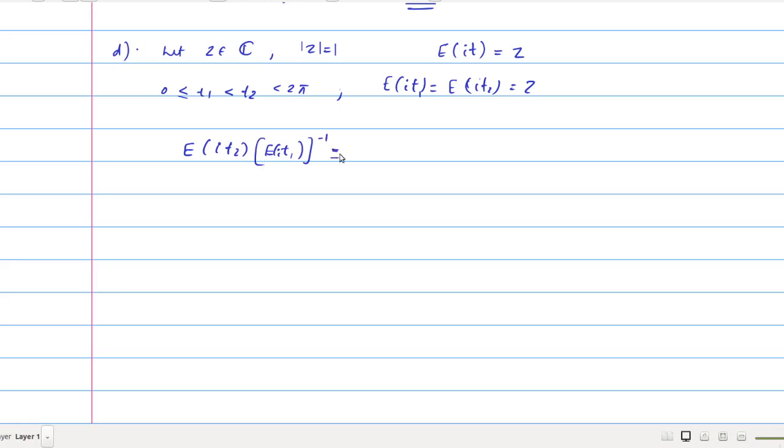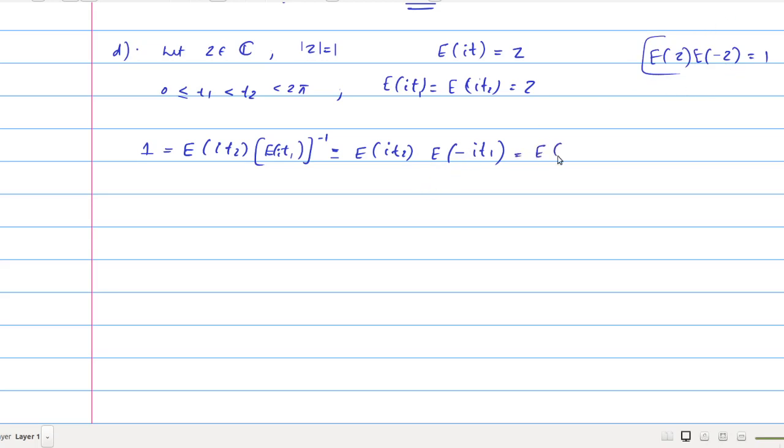That is this one. If both are equal, what will be their product? Okay, the product should be 1, because if these two are equal, then this product should be 1. But when you consider this one, we get E of it2 into E of it1 whole to the power minus 1, which is E of minus it1. We have already discussed that E of z into E of minus z is 1. Using this fact, E of minus z is 1 by E of z, that is E of z whole to minus 1. Using that we can write it like this.